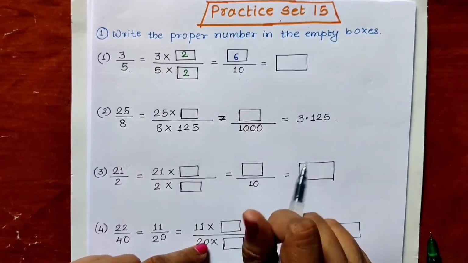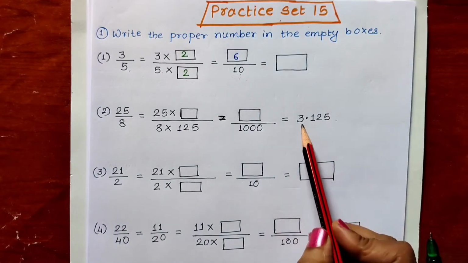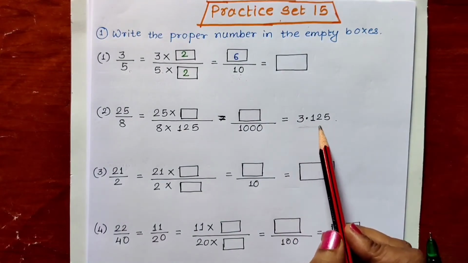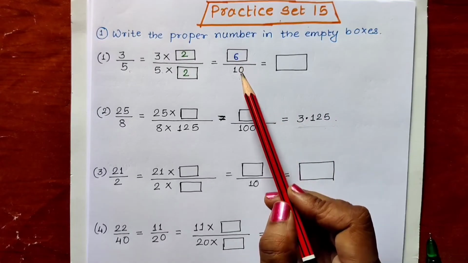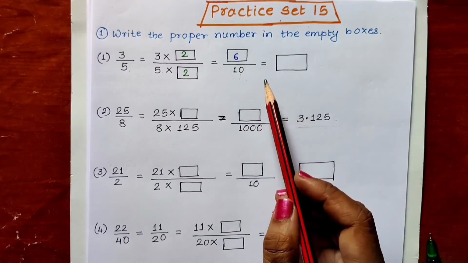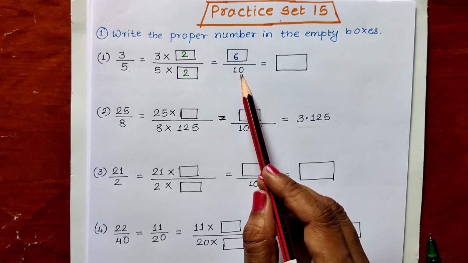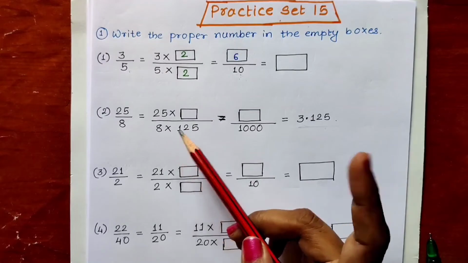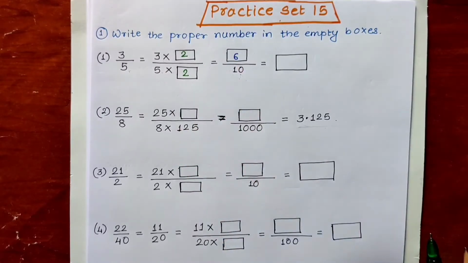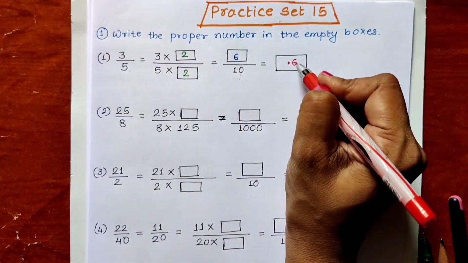And 6 upon 10 in decimal fraction, how can it be written? Because you all can see in the second sum, in the end, last answer is in the decimal fraction. That means we have to convert this 6 upon 10 into decimal fraction. In 10, there is 1 zero. So we should see that in the answer, after point, there should be only one digit. And 6 is there in the numerator, single digit is there. So that 6 should be there after point.